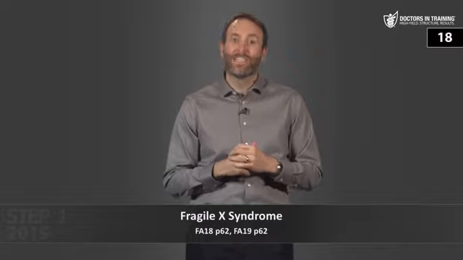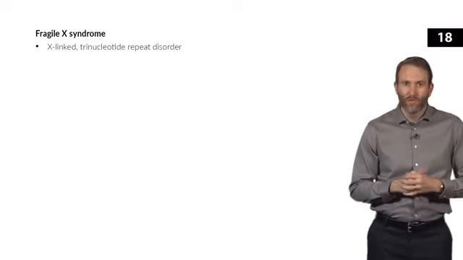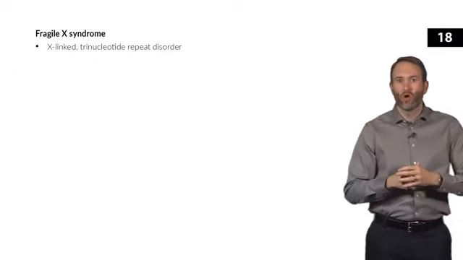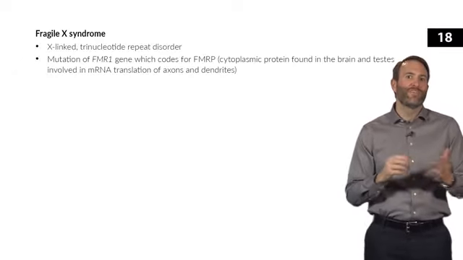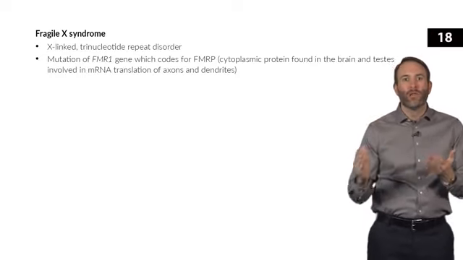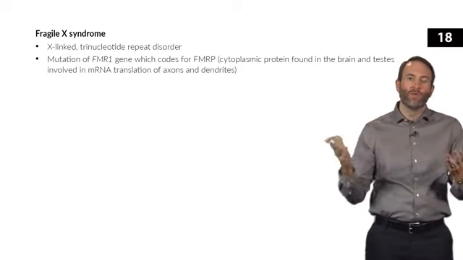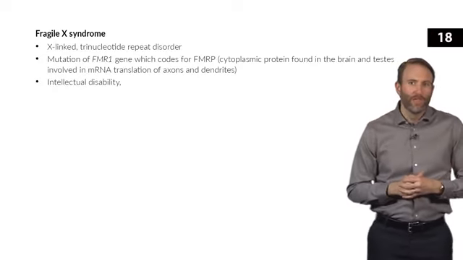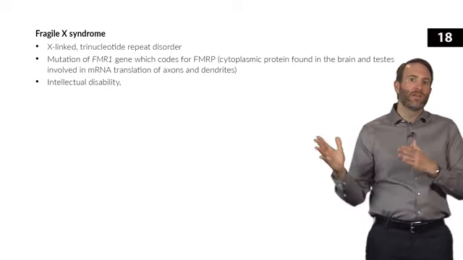All right, so let's go ahead and talk about Fragile X syndrome. So this is an X-linked disorder, and it's a trinucleotide repeat disorder. So the repeated 3 nucleotides are CGG. Now this is going to affect the expression of the FMR1 gene, and the way I remember this is I think FMR, fragile mental retardation, because Fragile X can cause mental retardation, or what we refer to now as intellectual disability. It's one of the most common causes of intellectual disability, but you need to take it to the next